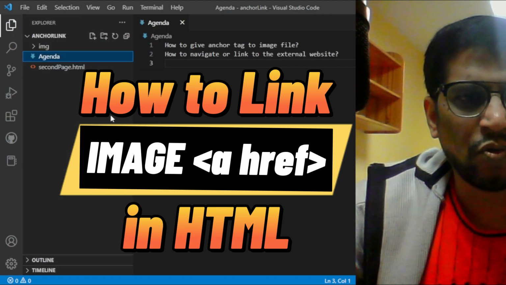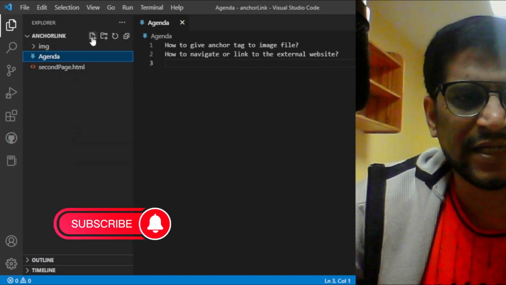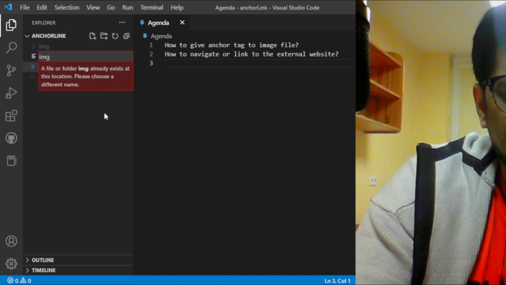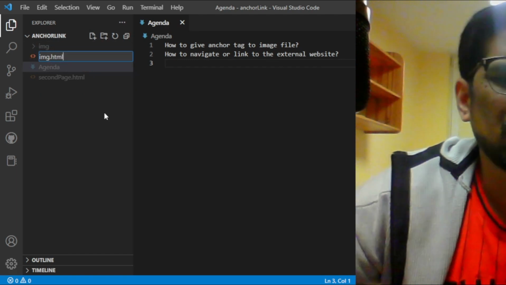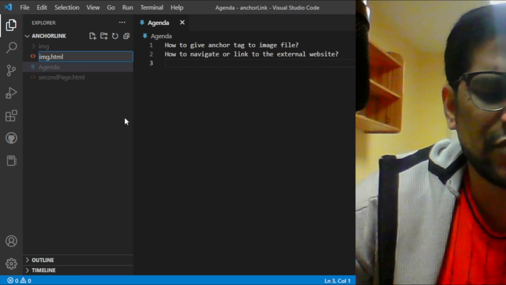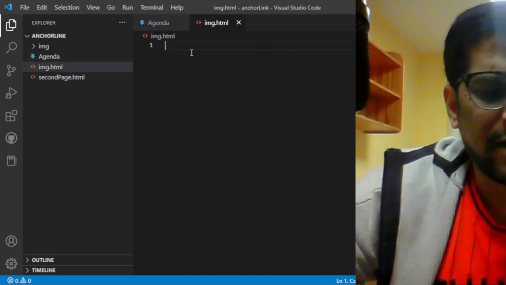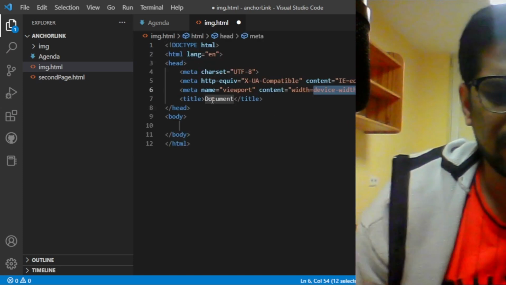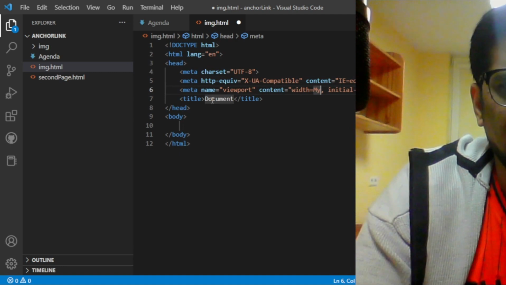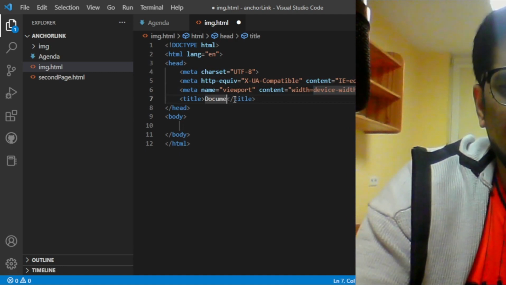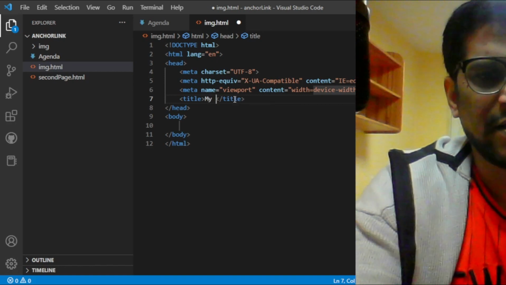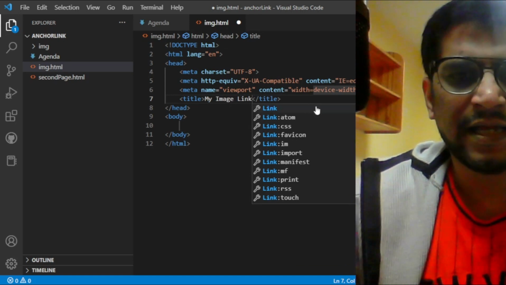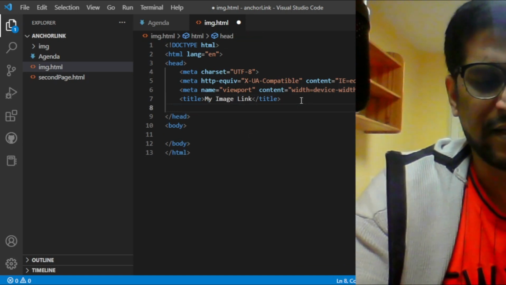First of all, let's open an index.html file, or I will just keep the name as img.html, because we are linking the image. So I have given this name. All right, and let's generate a boilerplate code, and the document title I will say is my image link. Okay, and now we will give an anchor tag